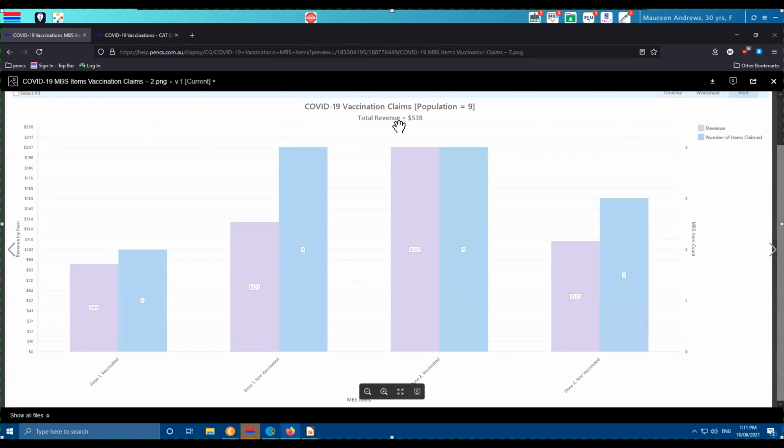What we're trying to do there is reflect those 16 items that the government has made available for the COVID vaccine suitability assessment. They are items that can be claimed regardless of the outcome. If the patient gets the vaccine or if they don't get the vaccine, the practice can still claim. And that's what we're trying to reflect in here. So dose 1 vaccinated, dose 1 not vaccinated. So these are the people that were assessed for the first dose, but they didn't end up actually getting the